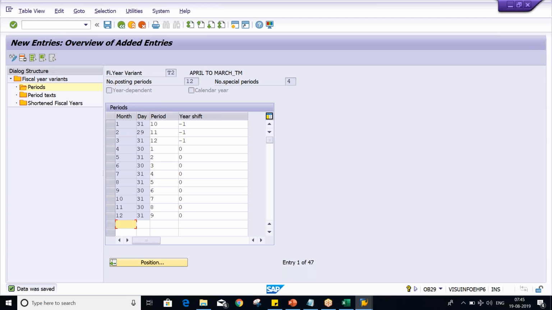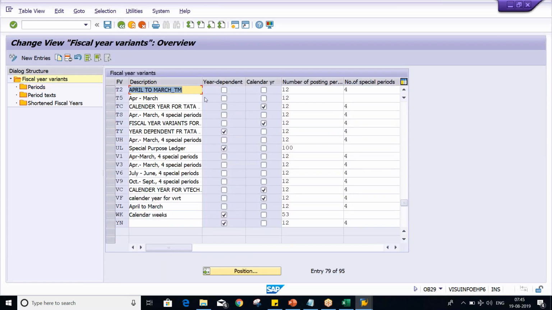Apart from this, there is a period text. If you're asking whether we can specify January, February and so on, we can specify that in the text, but I do not, because our work is going to be done from here. Even if you want to specify the month in different languages like Chinese or French, that can be done, but generally I don't. So leave it. We have one more thing, shortened fiscal year. Click on the back button, and we have one more thing to explain,